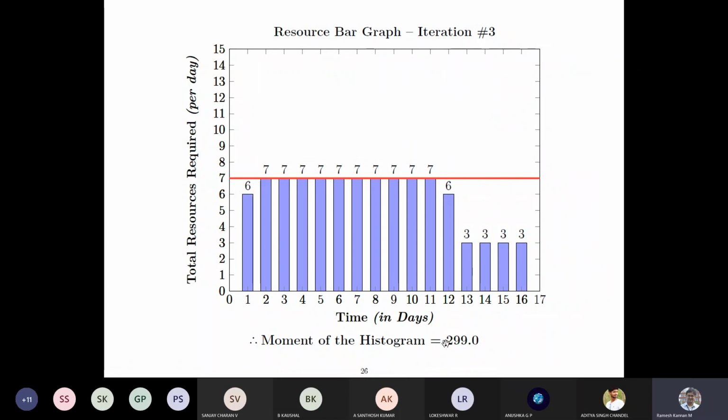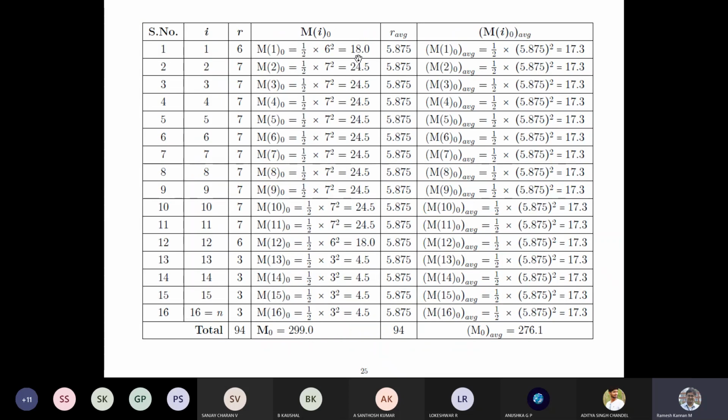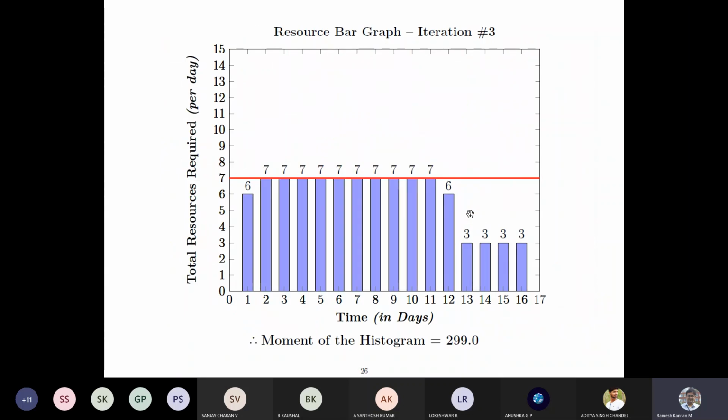But when you calculate the minimum moment of this, the sum of all the moments is 299, which is also a little higher when compared to 276. So that gives evidence that there might be other possibilities where we can smoothen the profile.